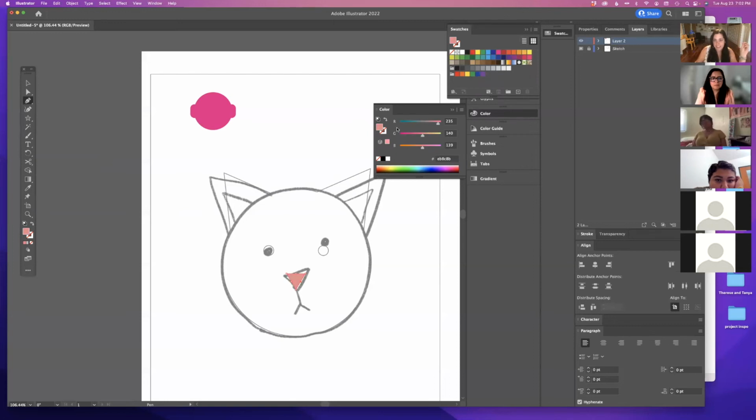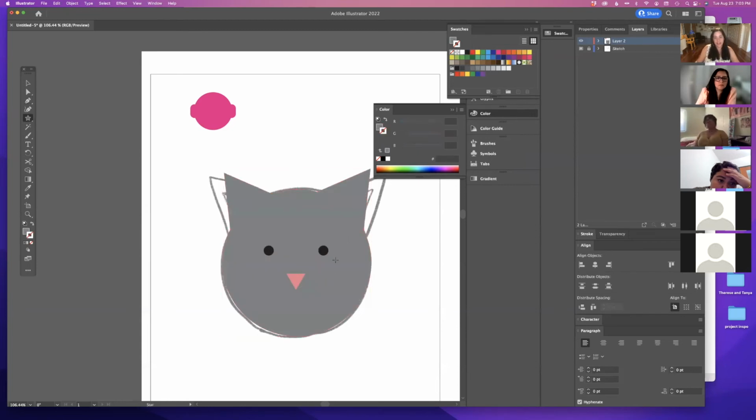So you have swatches, and then if you want to change the colors of those swatches, you can go to your color palette and slide the RGB, or you can do CMYK, and we'll get into color later. But for now, if you just want to work within the swatches and give it a hot pink nose, or if you want to just slide these around till you like the color, feel free to do that. It doesn't matter what color you make these things for right now. And then I'm going to add a little detail. So far I have my cat, 2 eyes, and a nose. It's pretty simple. I'm going to take the pen tool and I'm going to add that line detail.